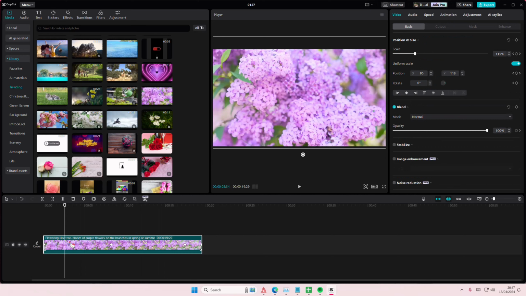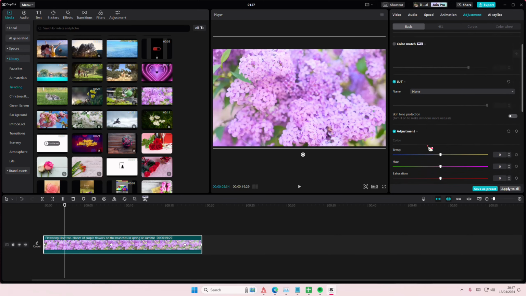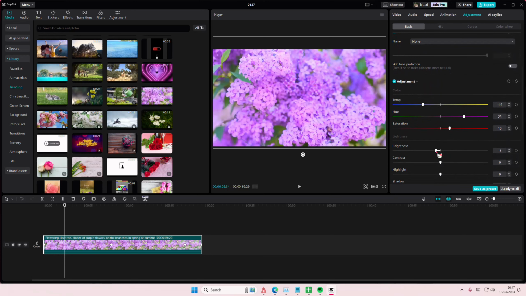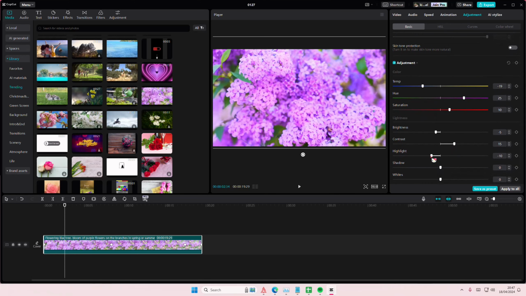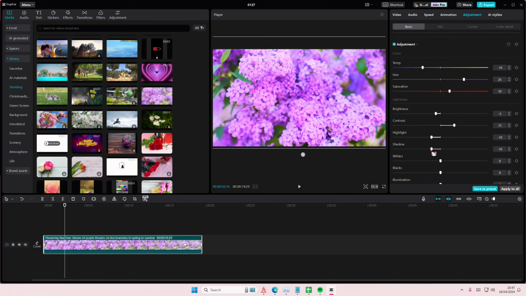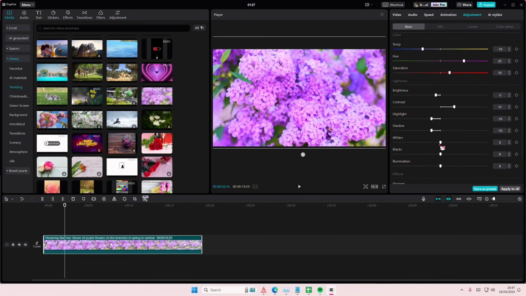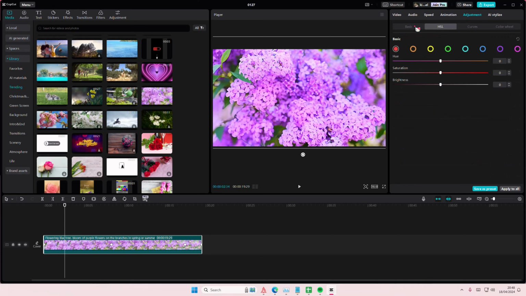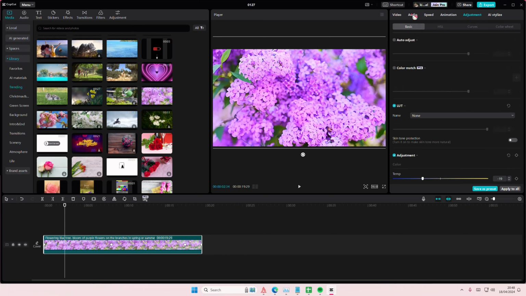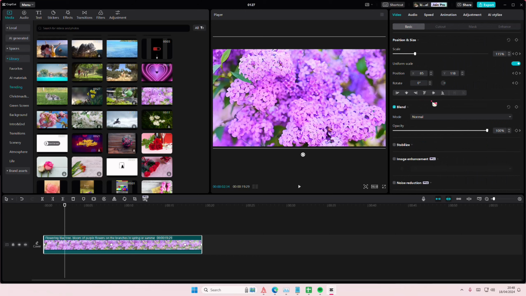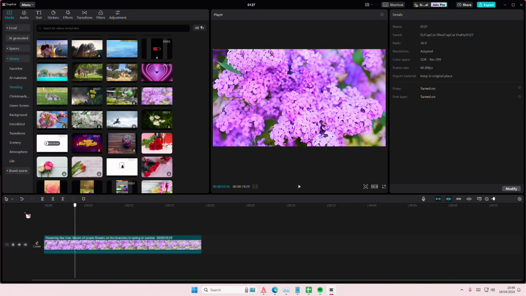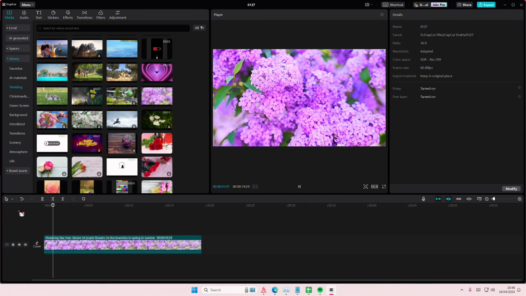You can also use adjustments, so you're just going to select this. You're going to then go to adjustments. You can adjust the temperature of your video, add in some saturation and colors to it, contrast, highlight, shadow. You can as well add keyframes here. You can sharpen it. But that's the most you can do: you can add in adjustments and you can basically add keyframes, but that is it if your CapCut PC is offline, sorry,